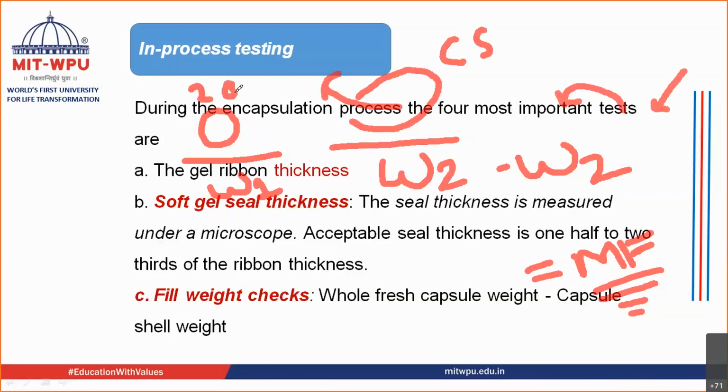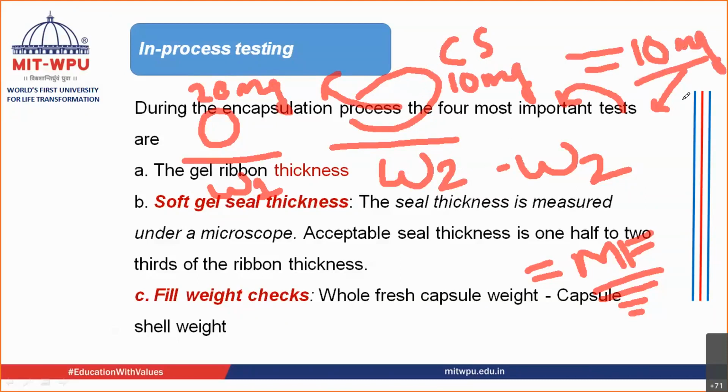Say 20 milligram. Let's put it as 20 milligram. The weight was 20 milligram. Now you have cut open this, right? And you have taken the shell, and the weight of the shell is say 10 milligrams, just for an example. So what is the weight of the active ingredient? 20 milligrams minus 10 milligrams. So the amount of material that is filled inside it is 10 milligram.